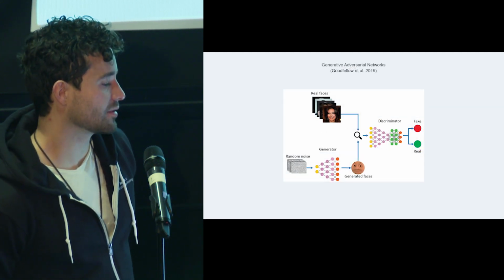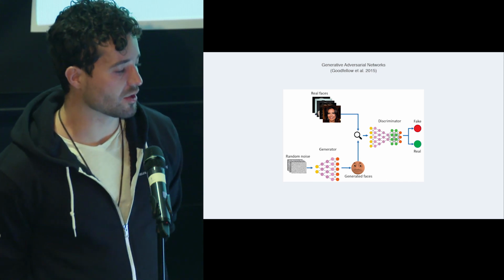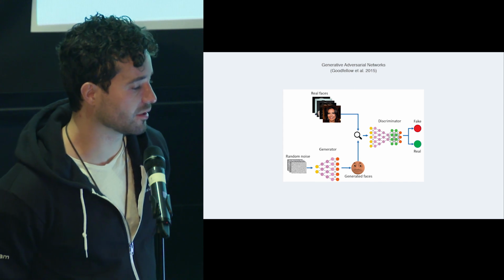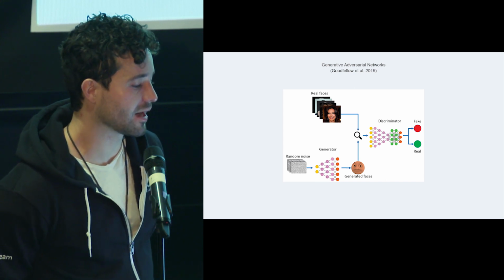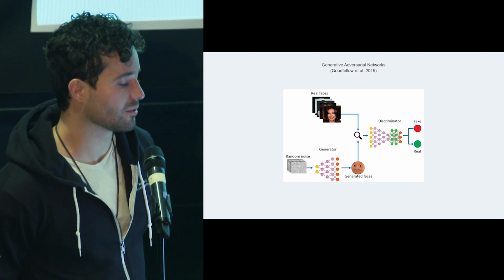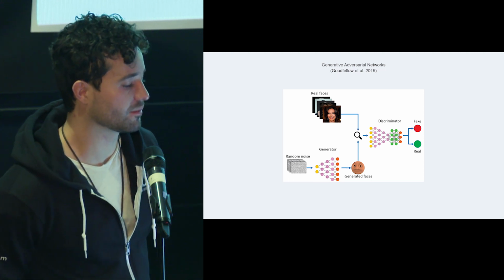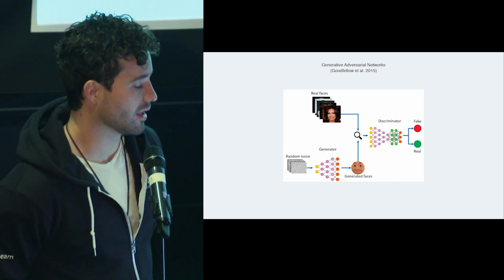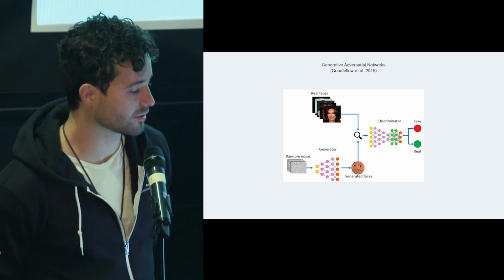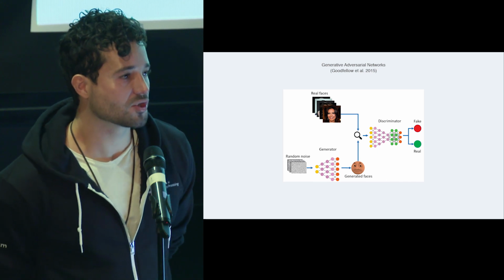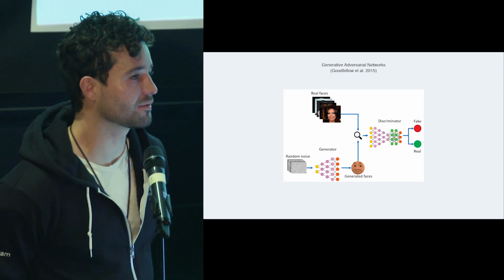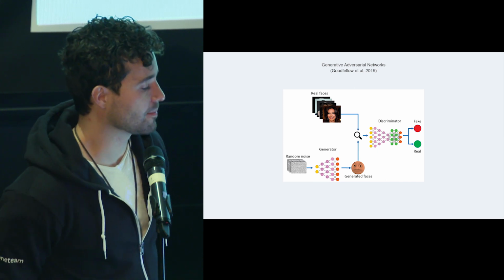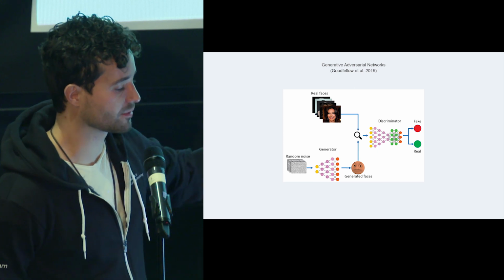I think everyone's familiar with GANs as well. So, you have an image, you have some generator that makes a fake image. And basically, the task is to have some other neural network decide whether the real image is actually a real image or the fake image is a fake image, right? And so you have this kind of like game theory game. And then through that, you reach this equilibrium where the generator should learn to match the distribution of real images. And so it can generate arbitrarily complex images that appear to be from the same distribution.